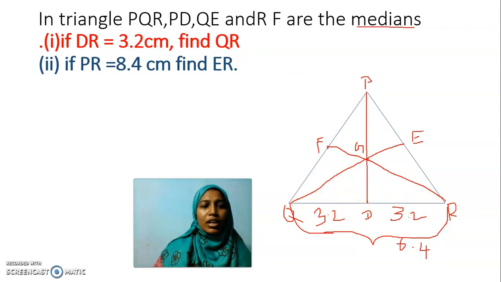Okay. Now similarly, in reverse order, here they have given PR is equal to 8.4. And what about this half? 4